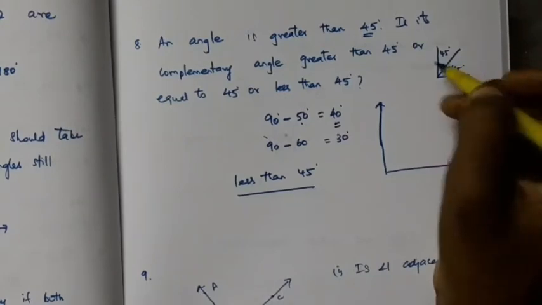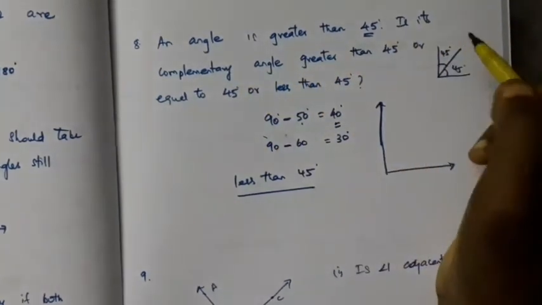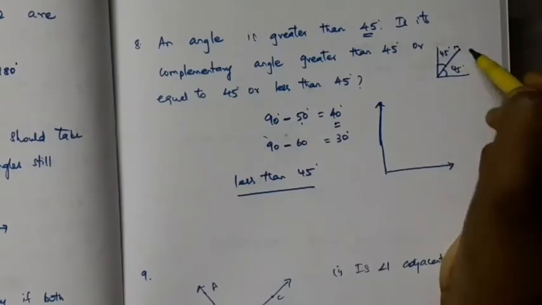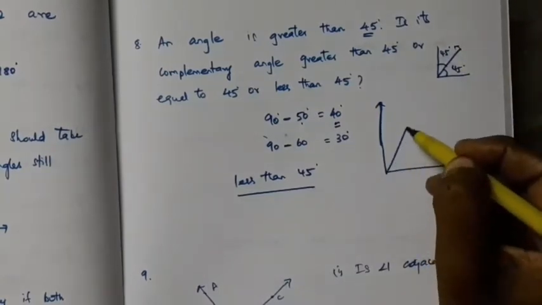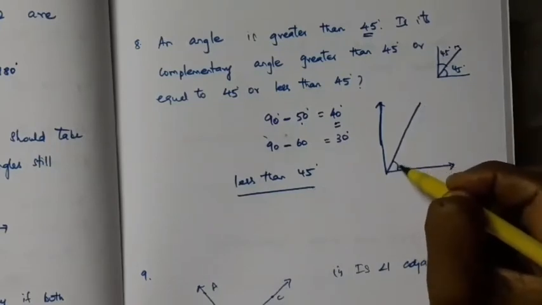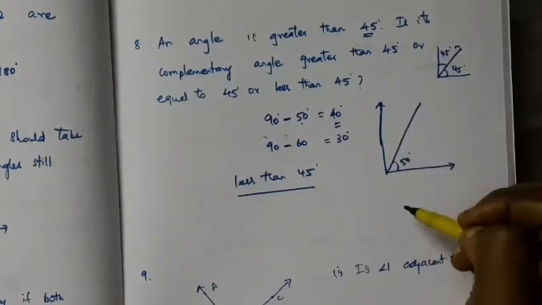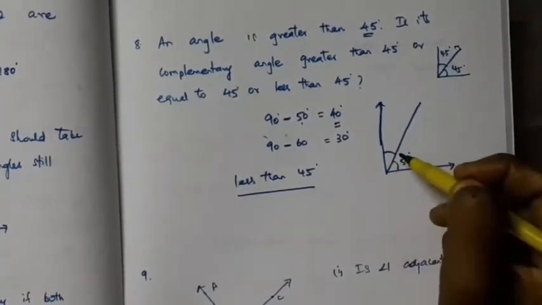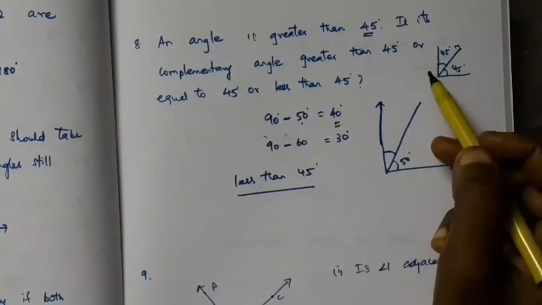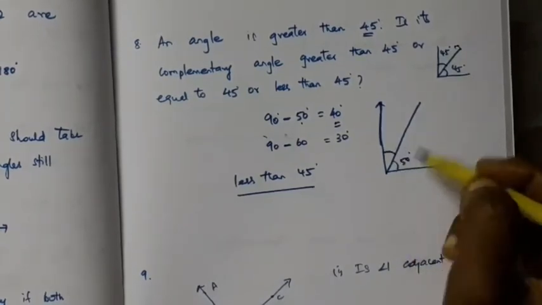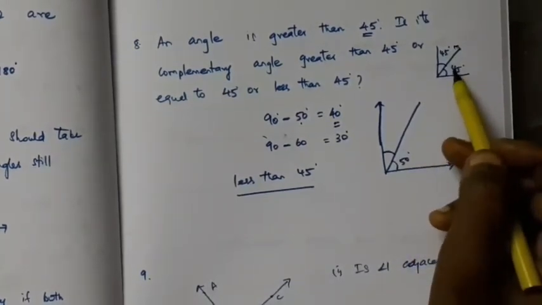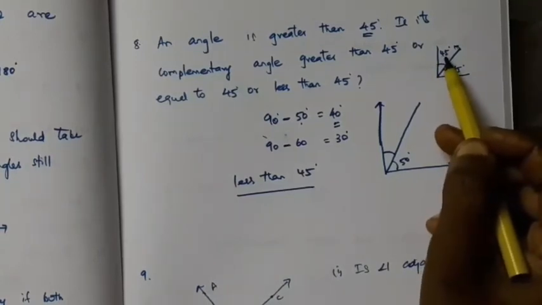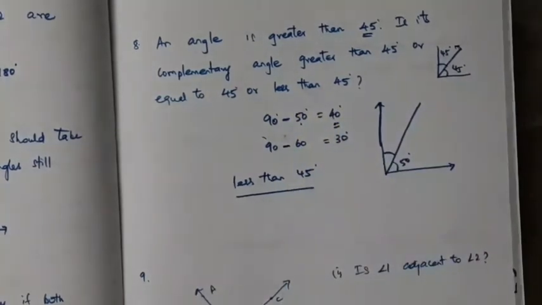Okay, the question is, if this angle is greater than 45, now I am slightly moving this line here, so I am drawing it somewhere here, say 50, a number greater than 45. The total is 90. So what about this other angle? This angle will become a number which is less than 45 because the total is 90 degrees. Whenever you make one angle greater than 45, the other angle will become less than 45. So the answer is less than 45.